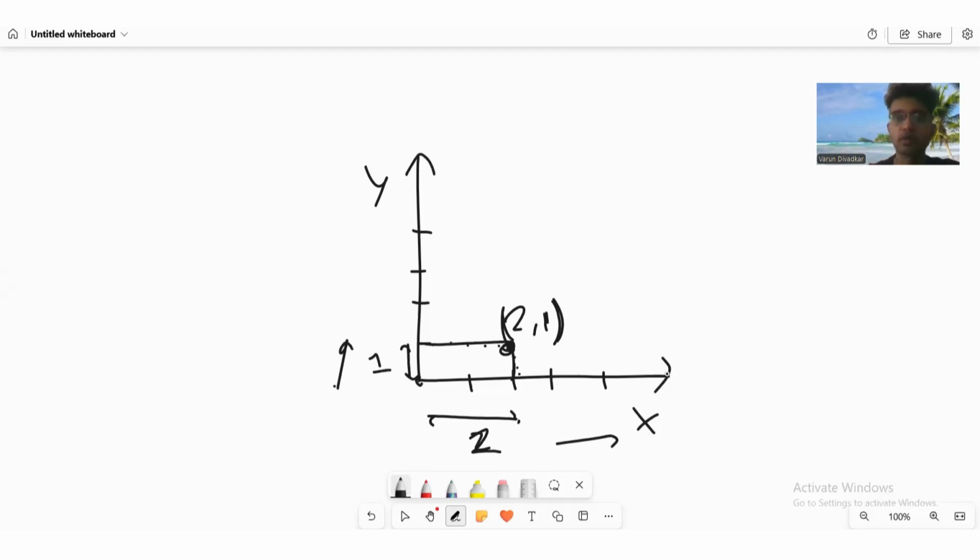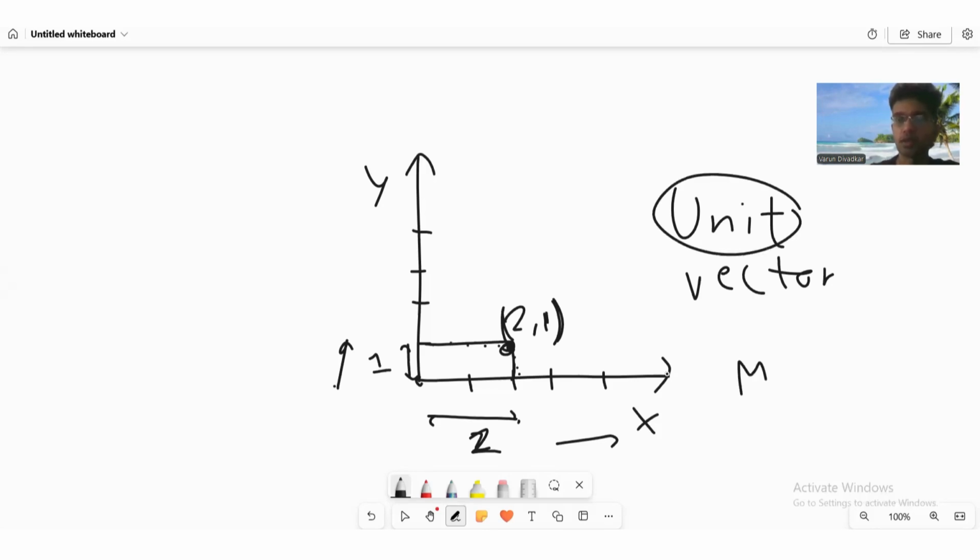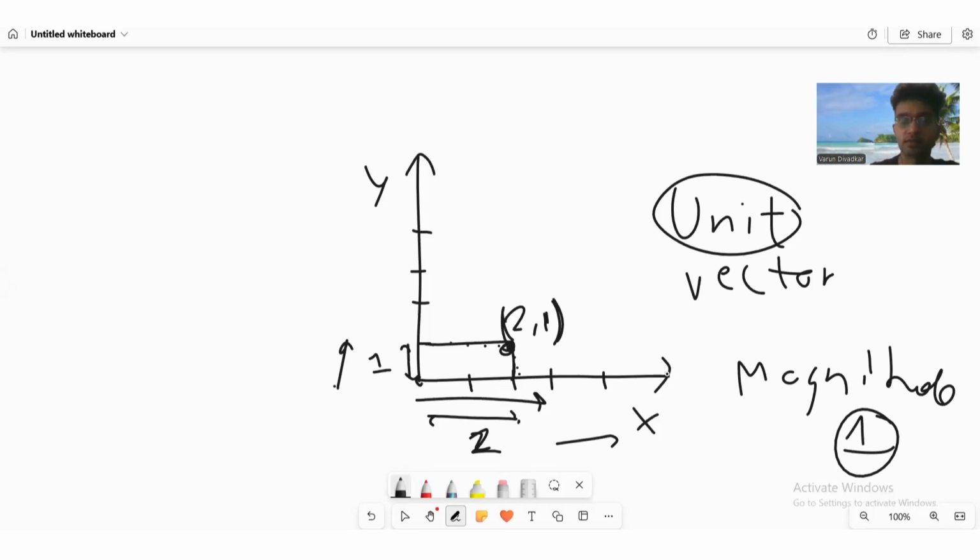Now, this is a very important concept called the unit vector. So what is a unit vector? As the name implies, unit. The magnitude is 1, right? And the direction is the direction of the axis itself. So the coordinate of a point in any axis is basically given by the scale multiplied by the unit vector. So this is 2 units multiplied by 1 in the x direction